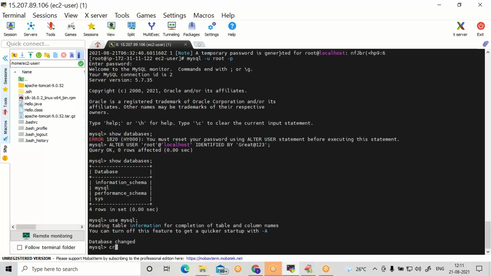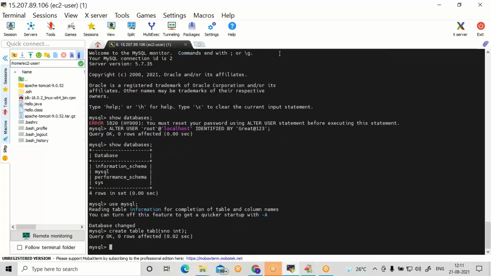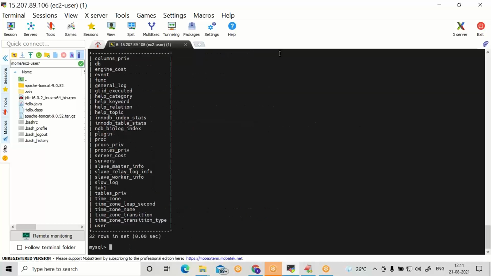Now, let us create one table. I'm just using plain simple syntax to create a table. You can see the tab1 table is created. Show tables. Check whether the tab1 table is there or not.